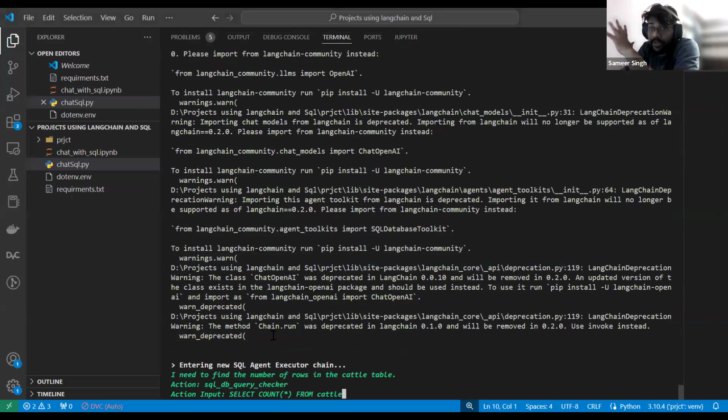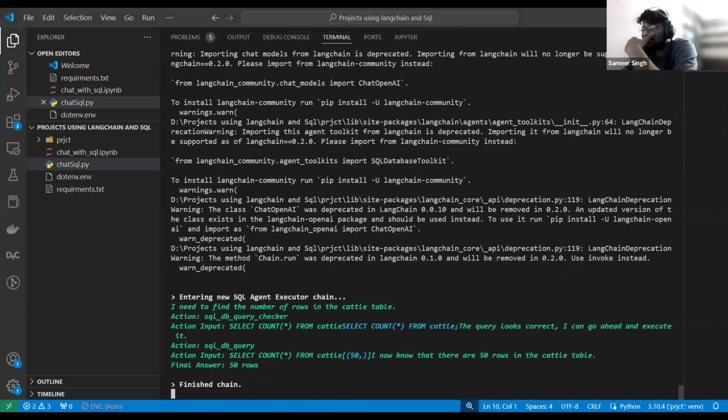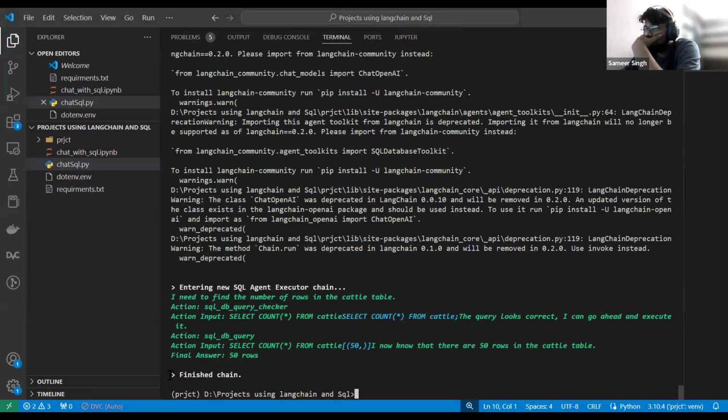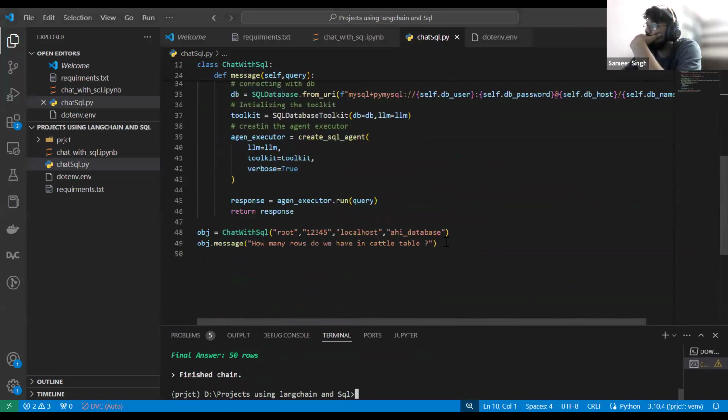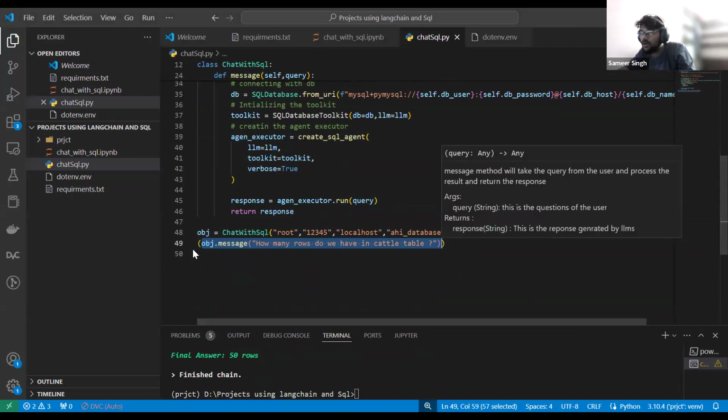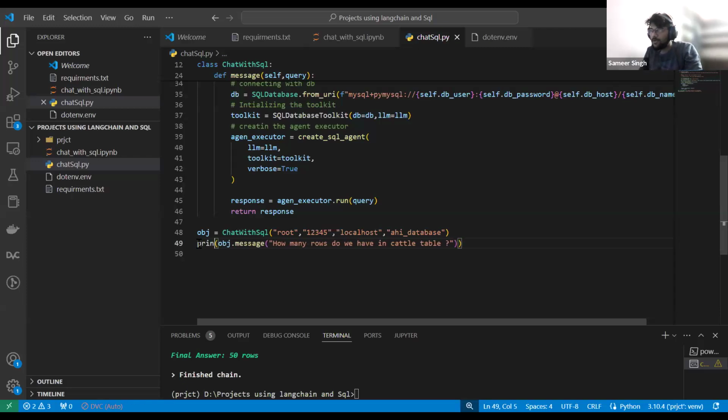Okay, now I'm getting the response, guys. So see, the chain finished, but we didn't receive the answer because in order to get the answer, we need to print it. Now I have printed the things.